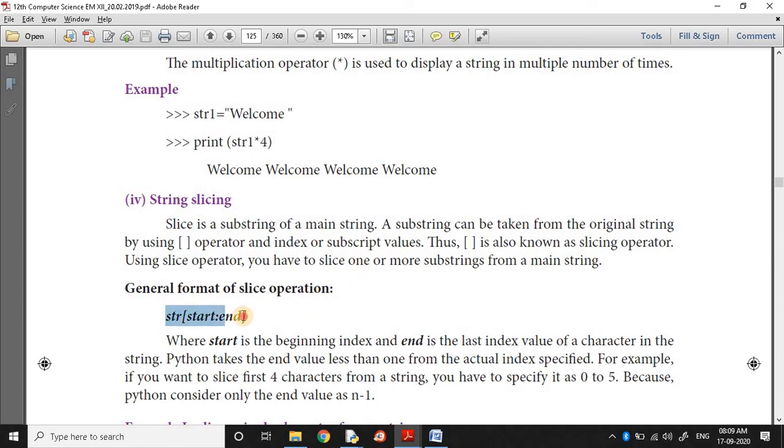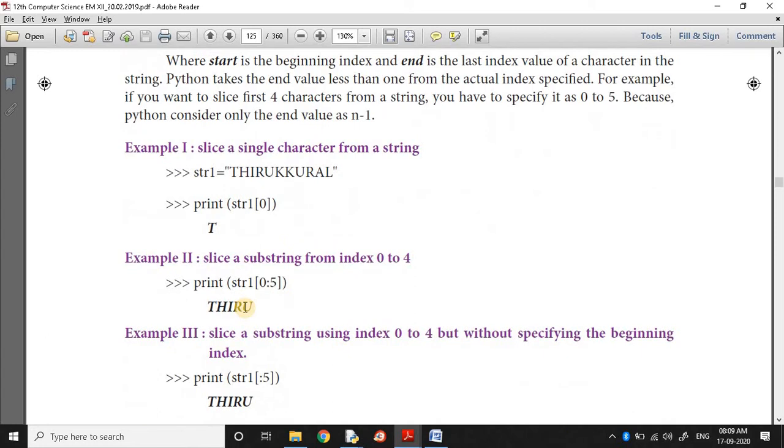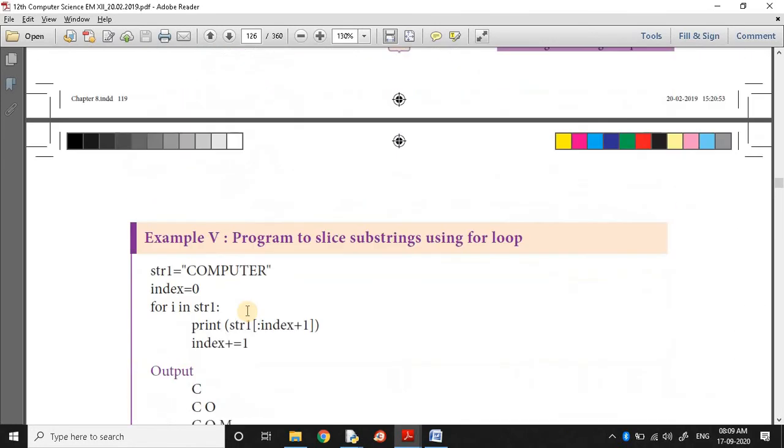The format is given: string within square brackets, start colon end. These must be index values. This operator also has a third argument. Start colon end.